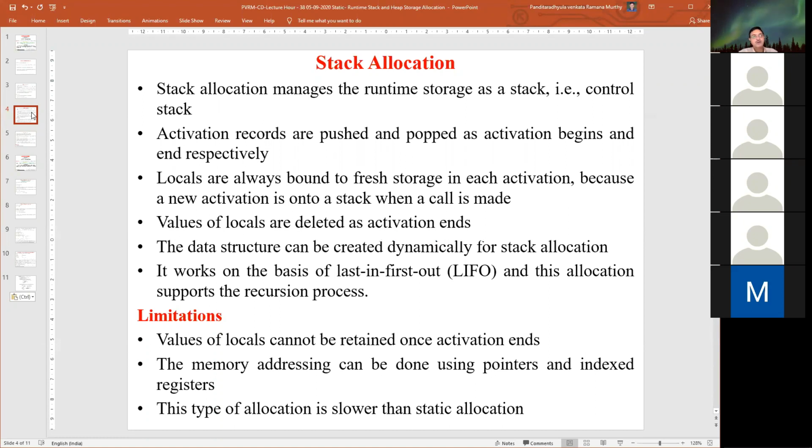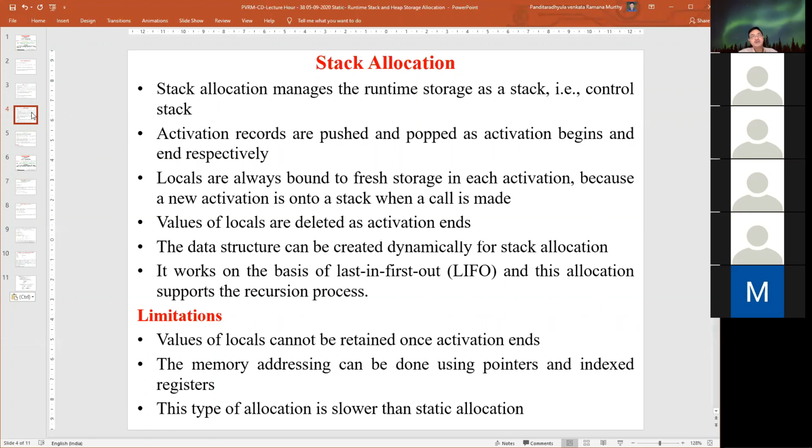The local variables are always bound to fresh storage in each activation record. That means at execution time, the memory location bound to a variable will change, because we are pushing a new activation onto the stack when a call is made.